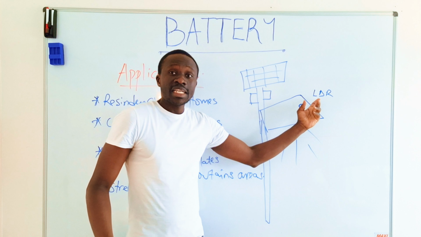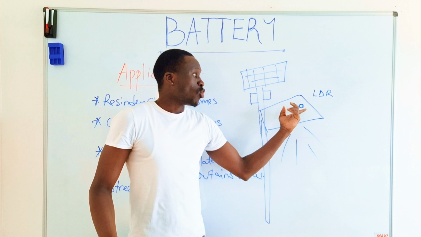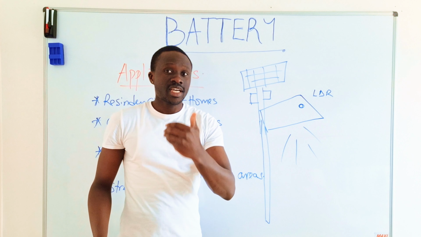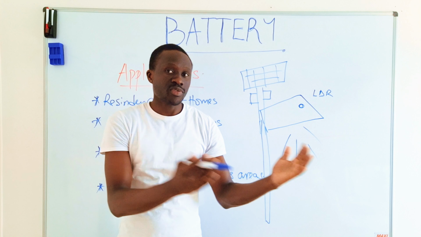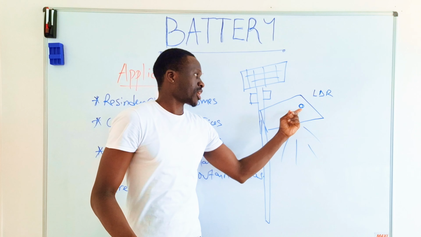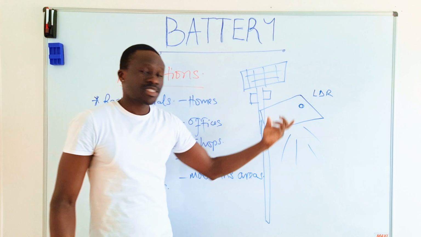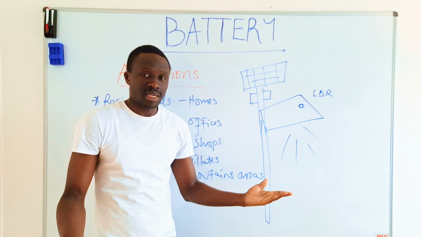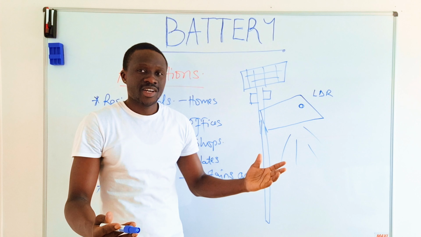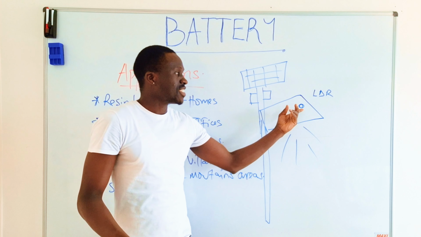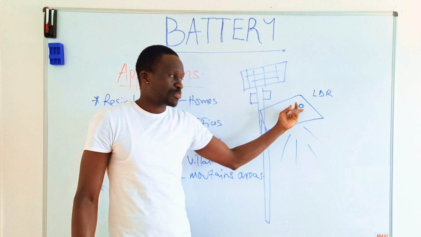A light dependent resistor is an electronic component. We shall talk about it when we reach electronics. On top of this light, some people ask, how do they switch on themselves? They don't have a center where someone switches on. It has a sensor,